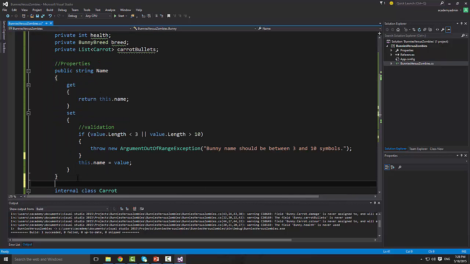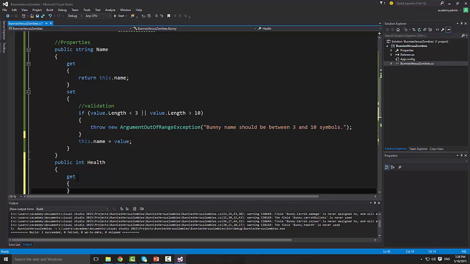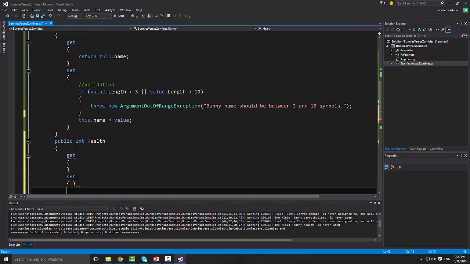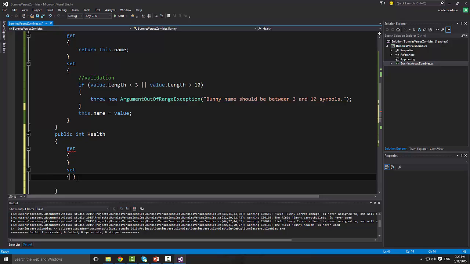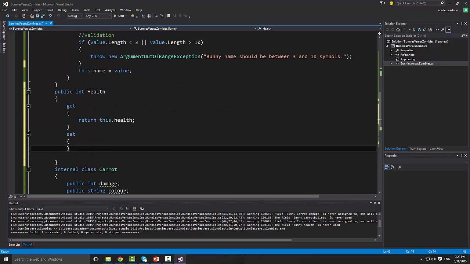So public, so health was int, public int health, and that's again, I want to have get, so no without those, and I want to have set as well. Alright, so pretty much the same thing. Return this dot health, and after that I want to say set if